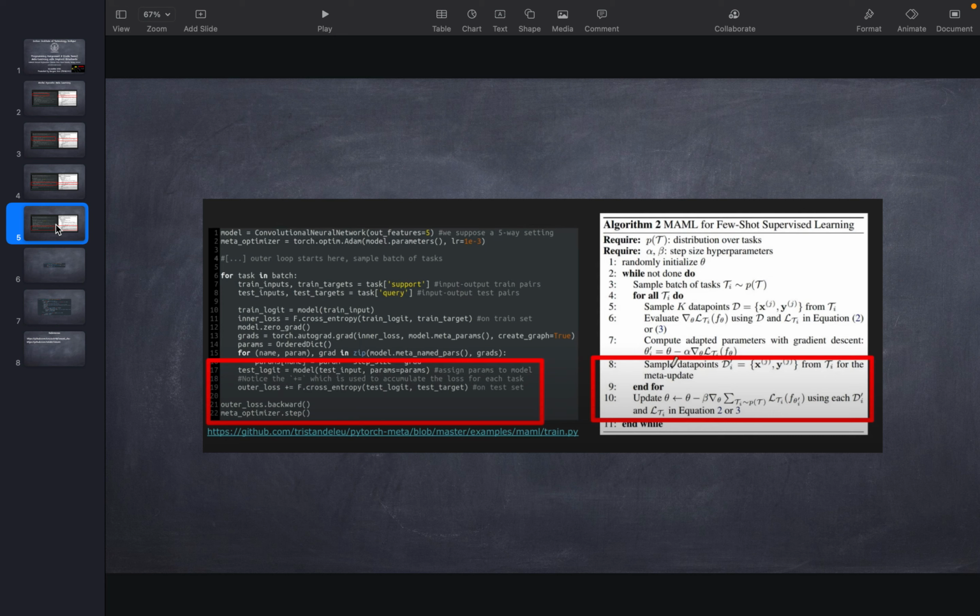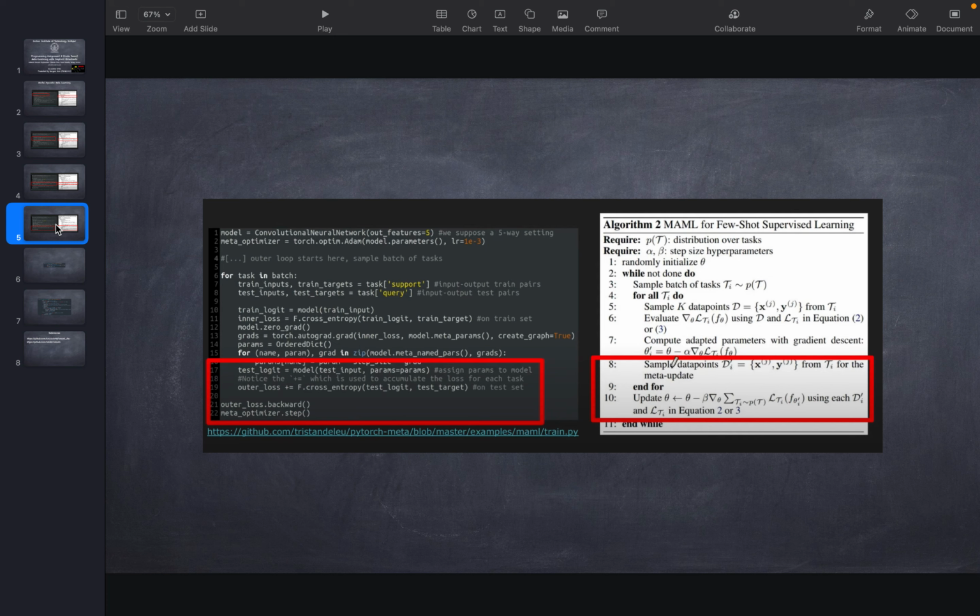So in our case, when we do this in our PyTorch implementation, we have to submit the loss inside the for loop, and we are not doing a simple assignment, but we are going to do a sum of all the losses over all the tasks. Okay, so